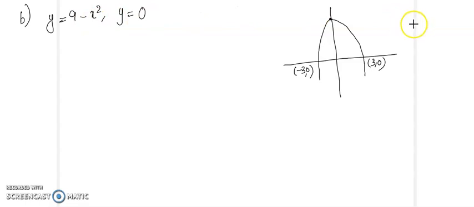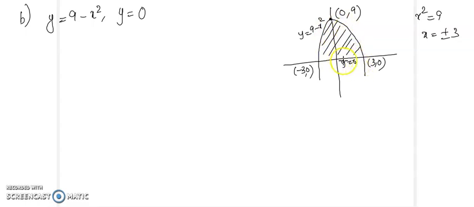When we take y equal to 0, you will get x square equal to 9. So x will be plus or minus 3, and this will be the point 0 9. And this is y equal to 0. So you have y equal to 9 minus x square. So this is the region, and this has to be revolved about the x-axis. So here you will have a disk. So by method of disk,